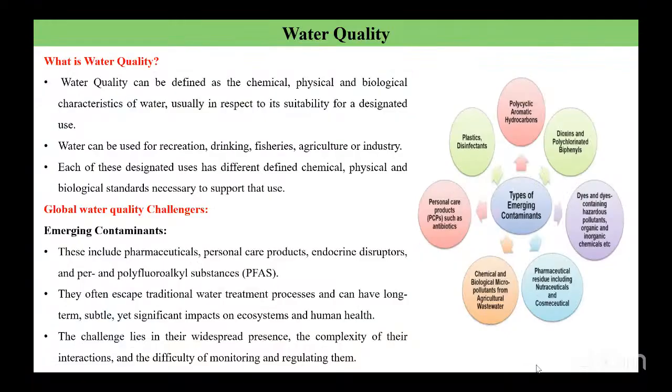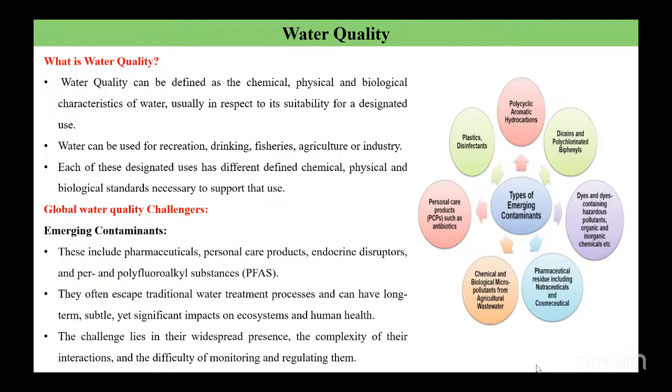So by now we have understood the importance of water, how it is getting affected, what the sources of water are, how the groundwater is getting recharged, how the water table is getting increased, and what the water cycle is. We also understand how water is transported from the source to the consumer, how it is conveyed in natural and artificial forms, and how the water is distributed and everything.